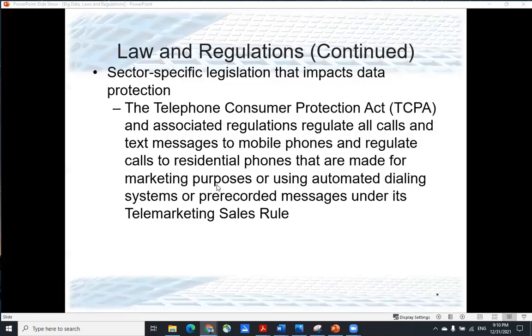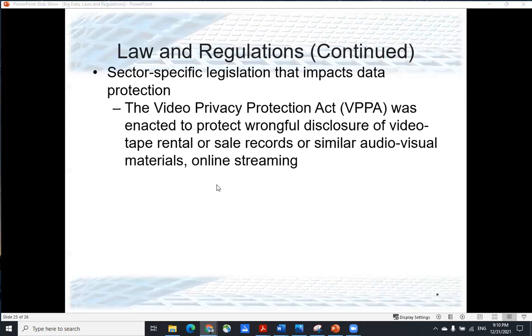And there's another one called the Video Privacy Protection Act, which was enacted to protect against wrongful disclosure of videotape rental or sale records, or similar audiovisual materials, or online streaming. Again, you can see that some of the terms mentioned in some of these acts are kind of outdated, talking about videotape. That's why